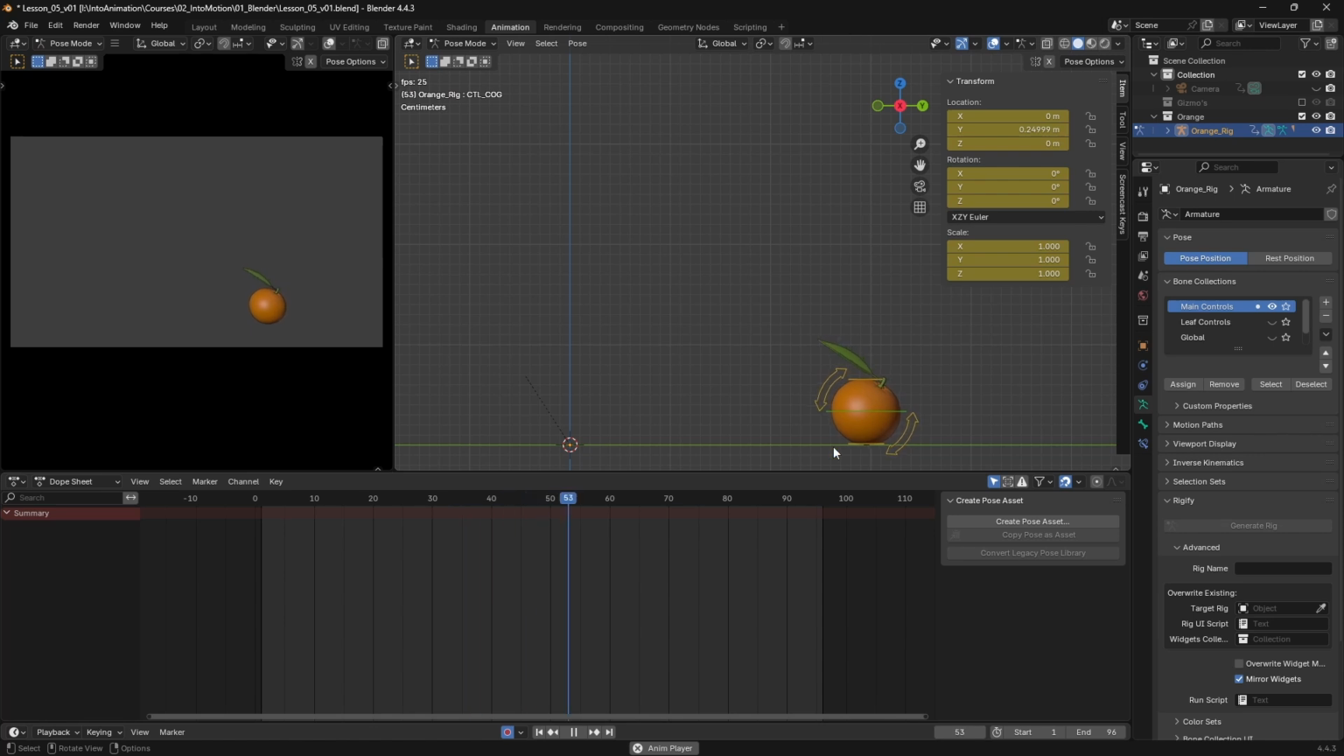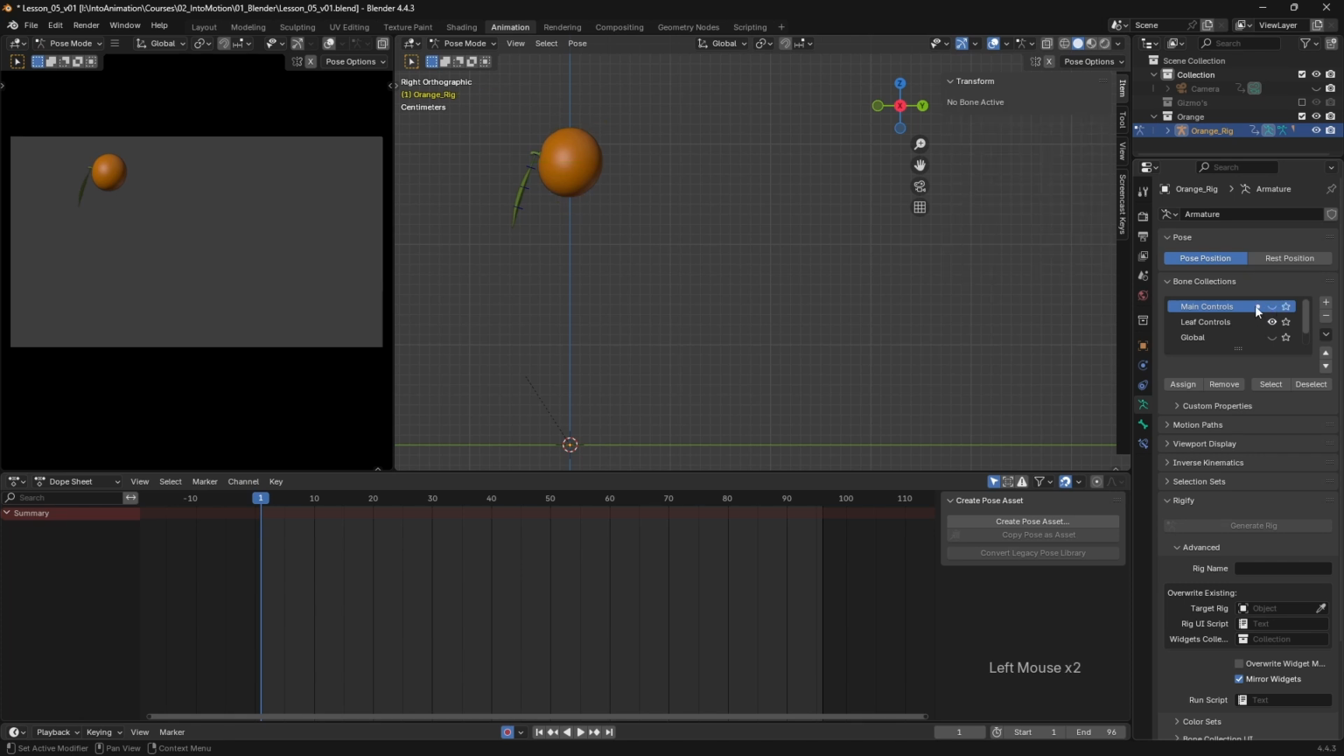But our leaf is obviously extremely stiff at the moment. So what we want to do is go in and animate that leaf with a bit of drag and follow through to make it look far more convincing. So if I just head back to my first frame here, you'll notice over to the right, within the armature tab, we have a number of bone collections, which I've set up on the rig. So for the bounce, I've been animating these main controls here, but we need to enable the controls for the leaf. And I can actually just disable our main controls because we won't be needing those for